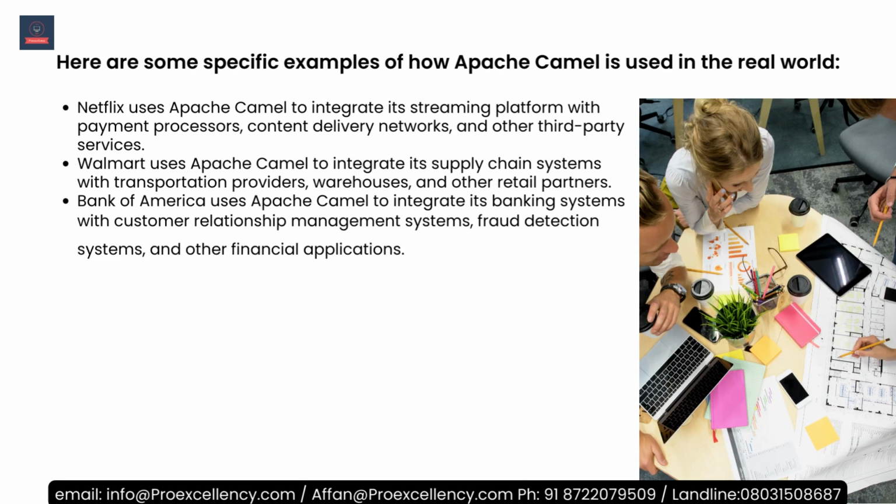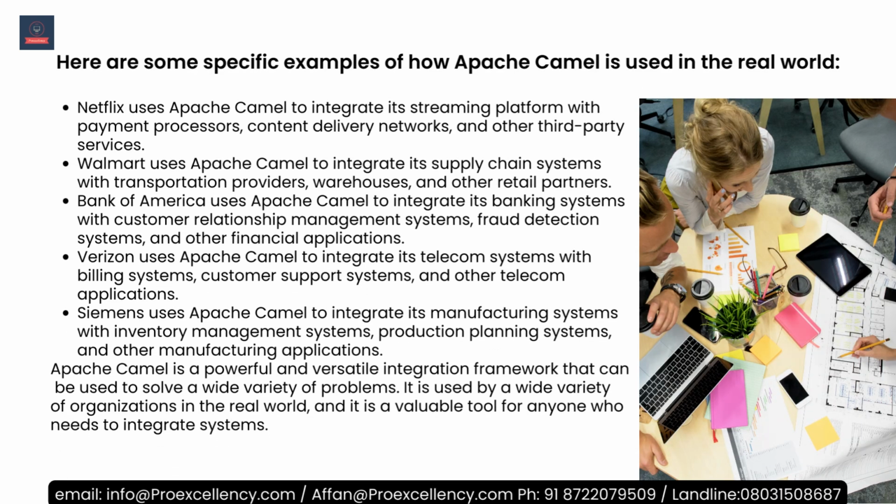Here are some specific examples of how Apache Camel is used in the real world. Netflix uses Apache Camel to integrate its streaming platform with payment processors, content delivery networks, and other third-party services. Walmart uses Apache Camel to integrate its supply chain systems with transportation providers, warehouses, and other retail partners. Bank of America uses Apache Camel to integrate its banking systems with customer relationship management systems, fraud detection systems, and